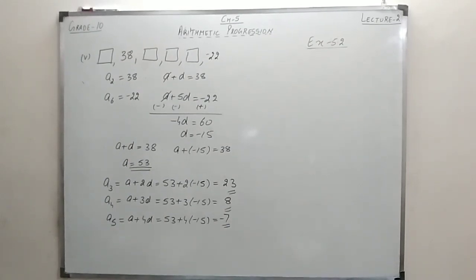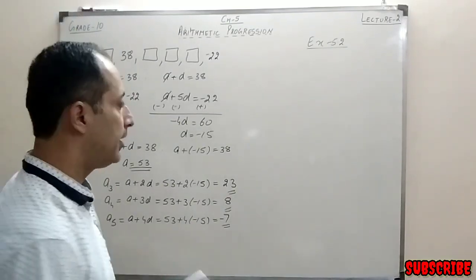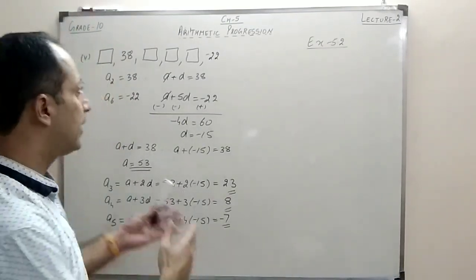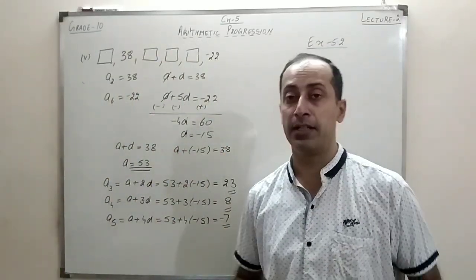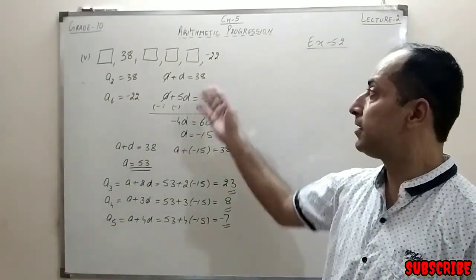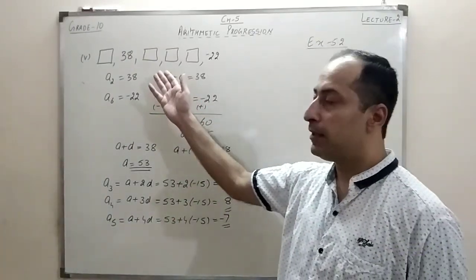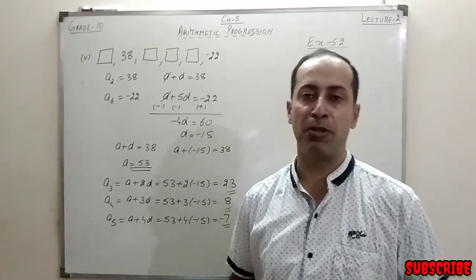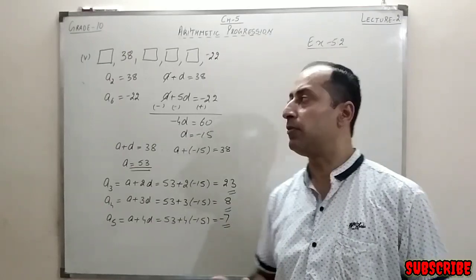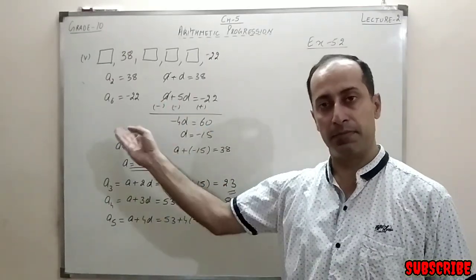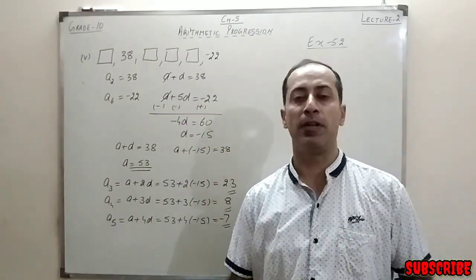Now if you see the next question, see the statement questions and the question which we have done are somewhat similar. These things can come in the form of statement also. Like if you see this question, it can be given that the second term of an AP is 38 and the sixth term of an AP is minus 22. Find the first term, third term, fourth term and fifth term. This kind of question can also come. So there is no difference. In statement question also, the first step would be to write the things which are given to us in the same way. In these questions it is already given. In the statement questions we have to find it out what are the things given to us.